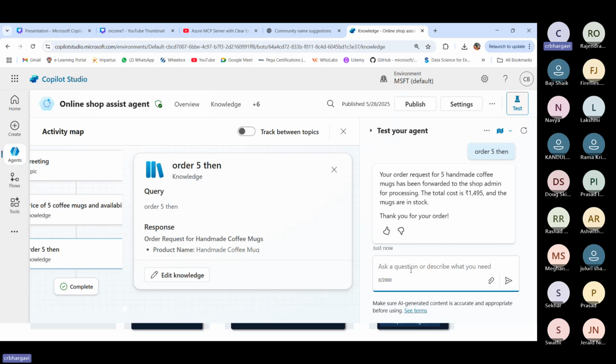The total, thank you for your order, is something that they had been notified on. And when they had been notified, then it should be getting back the details. Now, assume that it's just a conversation, and you never collected any information or any details about the user. And what will happen, the shop admin would be getting something like a you had been given an order of